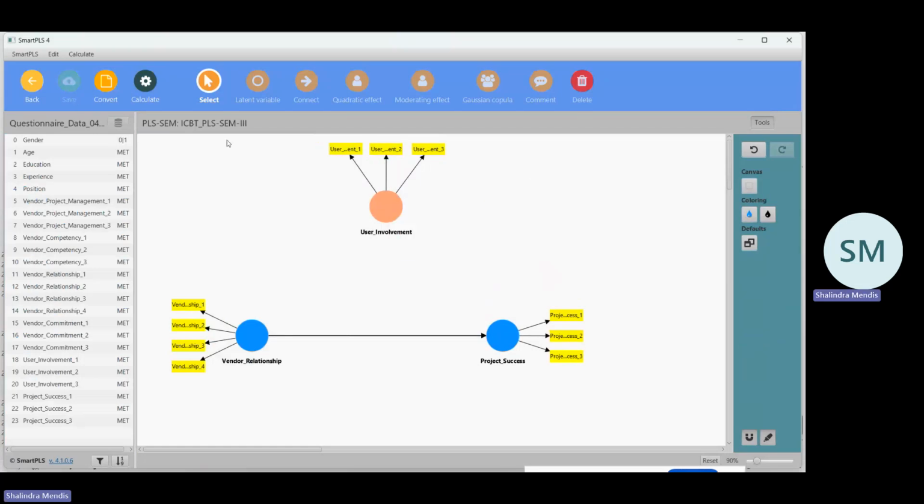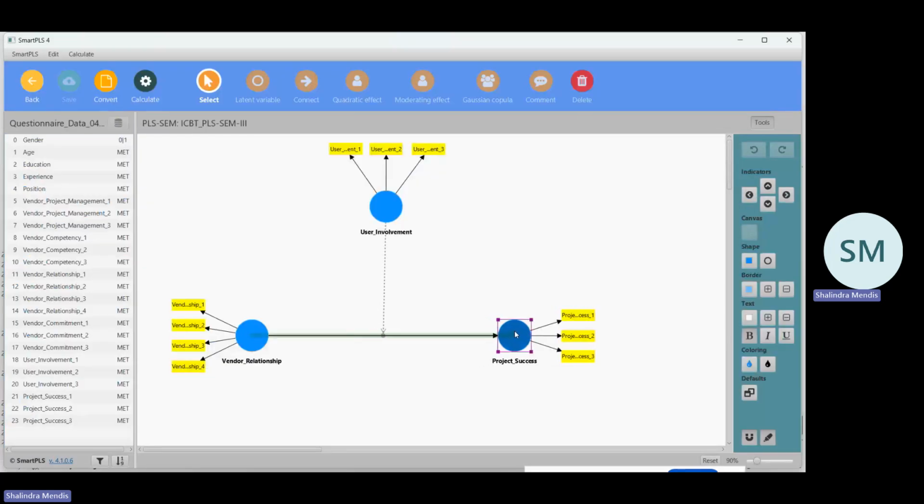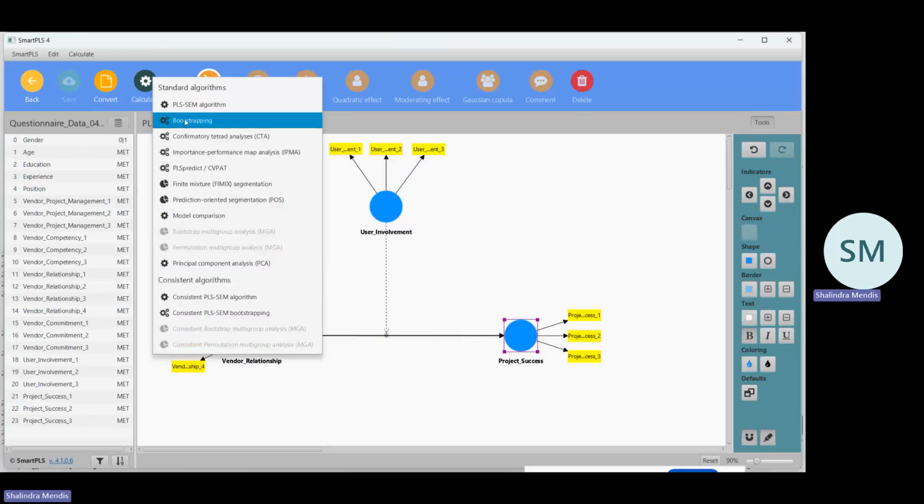Click on save, click on moderating effect, draw the line, click on save, go back, click on this, just drag it, make the line straight, click on save, go to calculate, go to bootstrap,